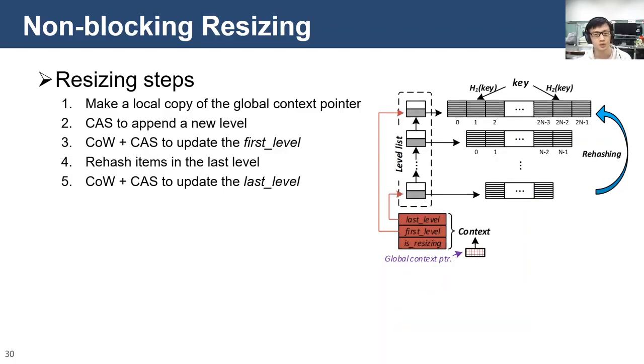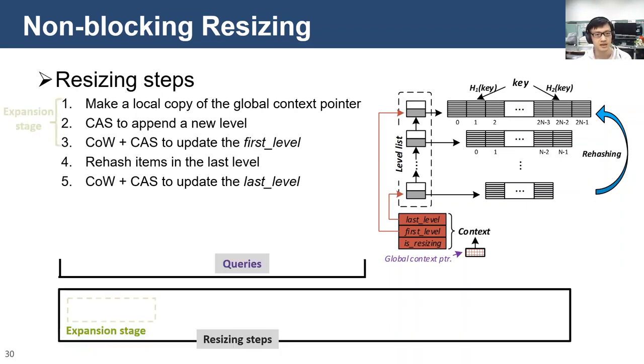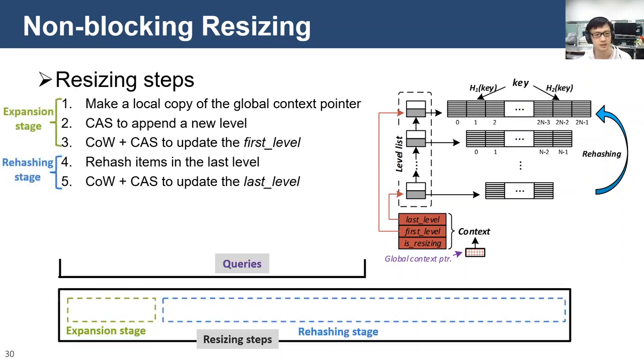According to the operations in resizing, the 5 steps can be divided into 2 stages: expansion stage and the rehashing stage. The rehashing stage involves the migration of all items in the last level, which accounts for most of the resizing latency.